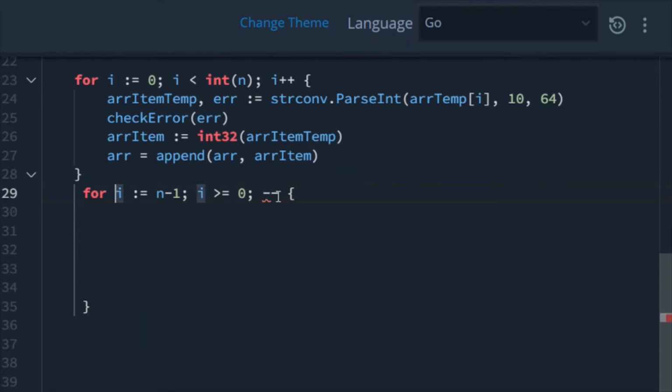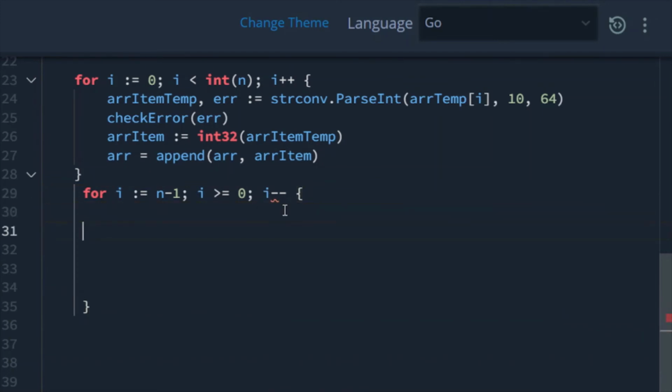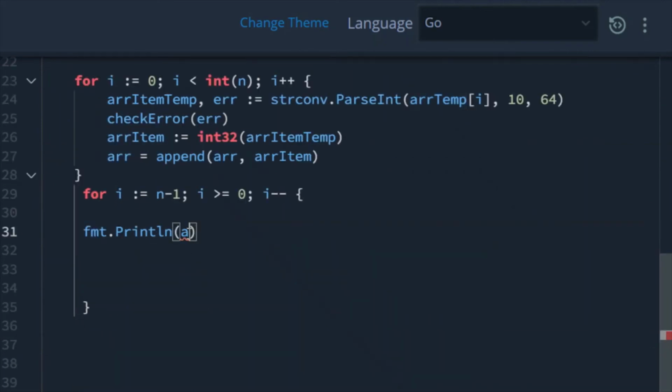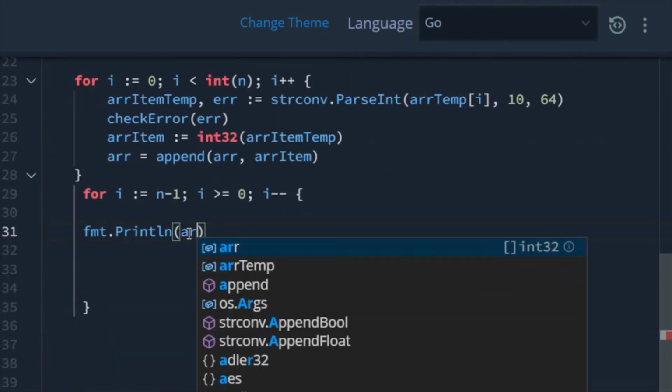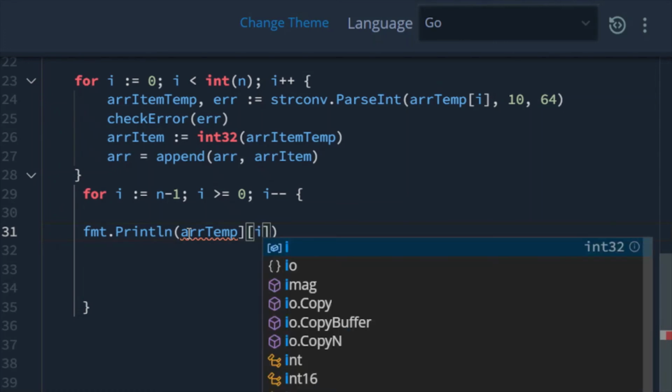Here we are reversing the array. First let me print the value, println. In this one I will put the array name, arrTemp of i.